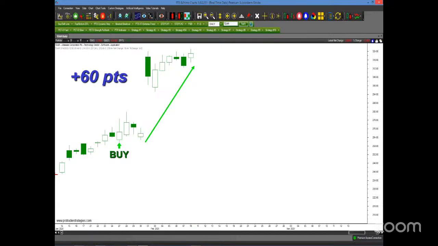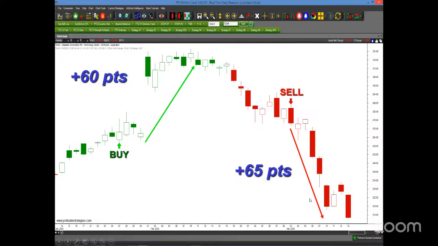Now, the trend started to dissipate and started to head lower. With that, the bar started to turn red. So what's this telling us? We're not going to be a buyer. We know that because if the strategy generates a buy signal, we're not going to take it. But look what happened. It actually generated a sell signal, and the bar below it is colored red. So this is a valid candlestick combo sell signal. So you could have potentially captured 60 points on the buy, and on the sell, potentially captured 65 points to